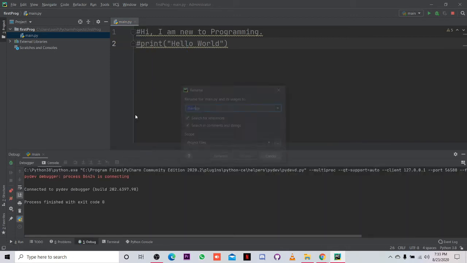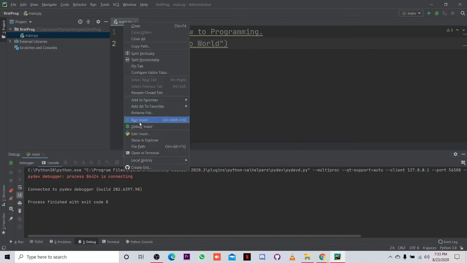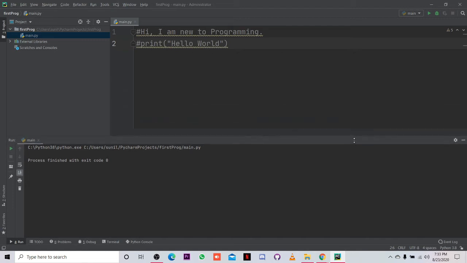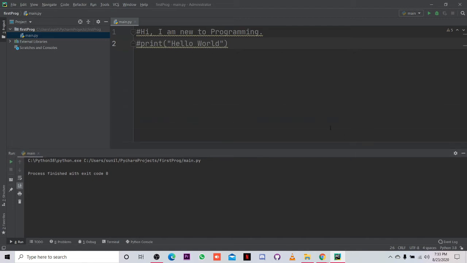Comments are only for the person reading the code, which will help someone to understand your program. Also, if you do not want to run particular lines of code, instead of deleting them, you can just make them comments. Maybe after some time, if you want, you can activate the code again by removing the hash. The computer doesn't need the comments.